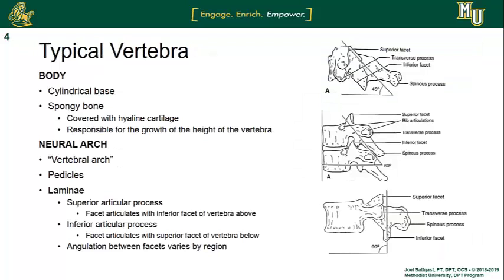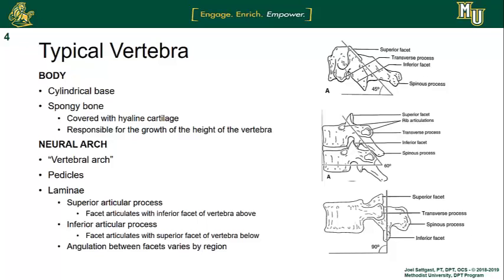If we look at the typical vertebra, on the right side of your screen, you can see both the cervical and thoracic vertebra. Note now that as we get to the lumbar spine, the angulation is at a 90-degree angle for the superior and inferior facets. The body is more cylindrical and is responsible for the growth and height of the vertebra due to the hyaline cartilage that covers the body. The neural or vertebral arch is also there, and you find the pedicles and lamina supported along with the